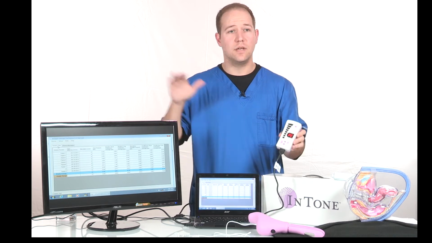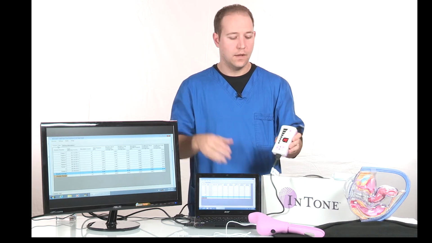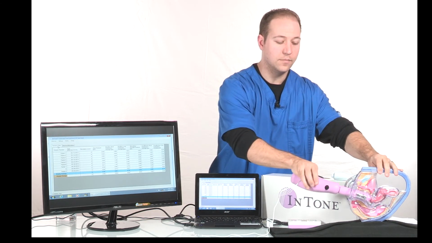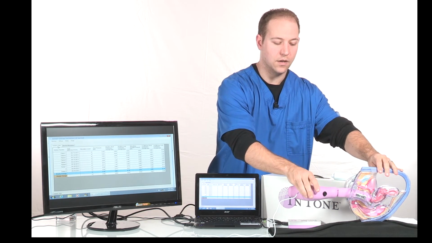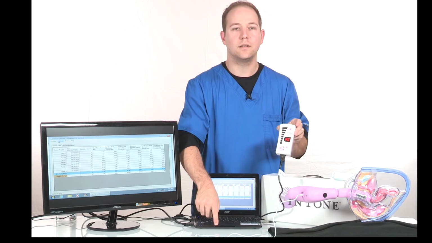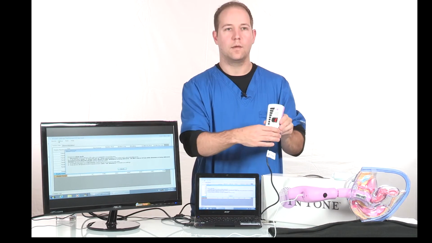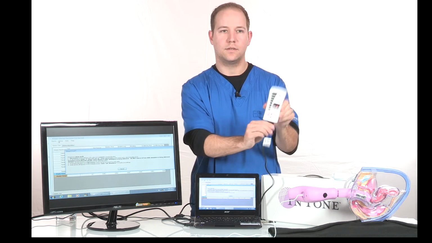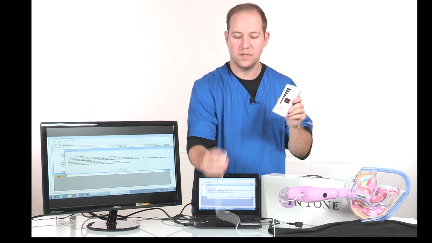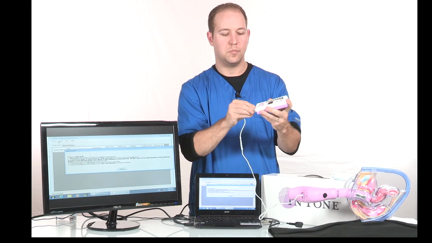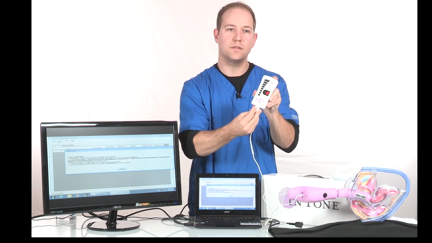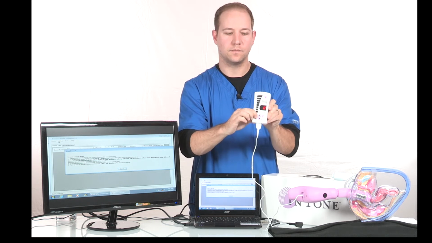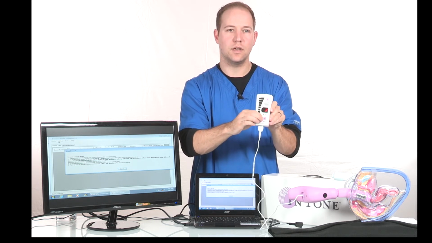At this point, if all of the data looks appropriate, the patient will insert their InTone device after they've put gel on it, pump it up to the comfortably snug. You will then click on Setup, put the hand controller in setup mode, disconnect it from your PC, plug it into the patient's device that has already been inserted, click the start button, and increase the stimulation to